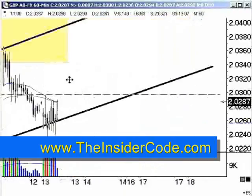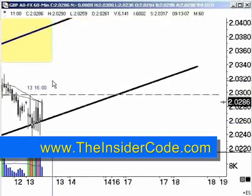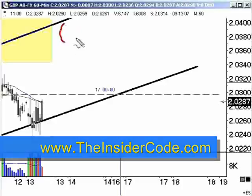Now, one way to decide whether or not you're going to take the trade is to run through some of the expectancy exercises. And the reason why I brought it up yesterday is because this can be a very good way of deciding on whether or not to take a trade. Remember, the expectancy